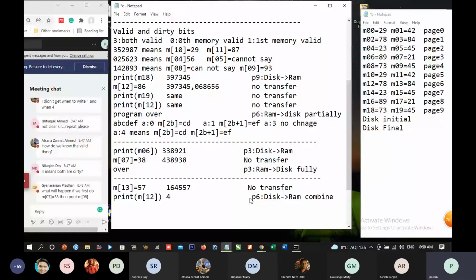Normally, when we transfer the entire page 6, then it should be 7834. But here we shall only update this part of it, and the other part will remain as it is. Is this correct? Any doubt now?